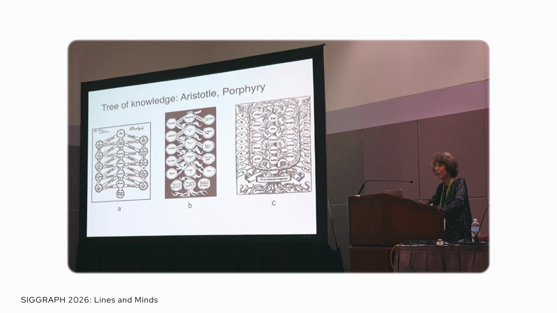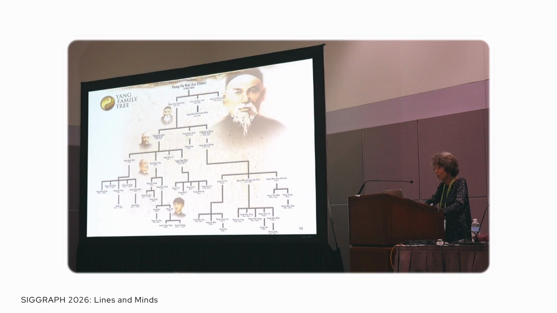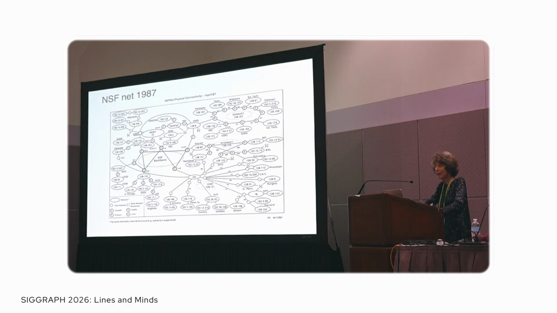It was extraordinarily important in the Middle Ages. Trees, and tree diagrams, people have written histories just on them. They're quite wonderful. So these are hierarchies, taxonomies of ideas, family trees. This is the internet in 1987. Okay,